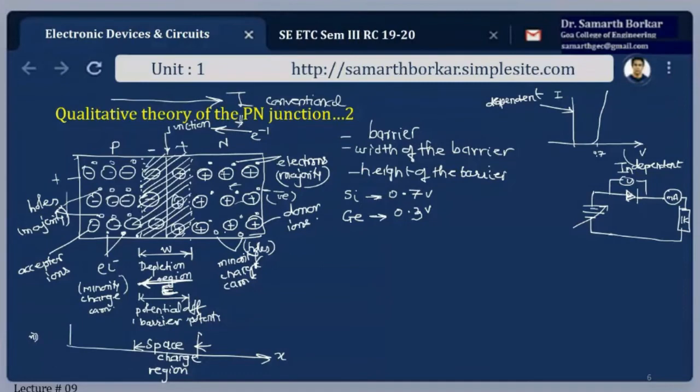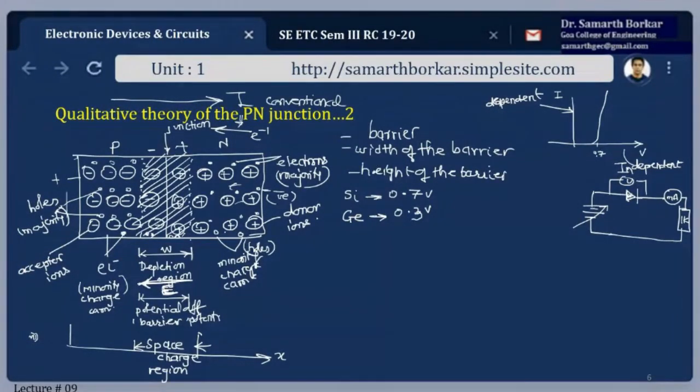Okay, in the P region, on account of thermal agitation, we can have a few electrons. We can also show it here in this region, or holes here. Now there are a few free electrons in the P region and a few holes in the N region. Now this barrier helps these minority carriers to drift across the junction.